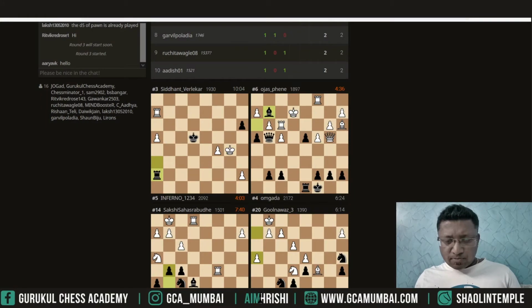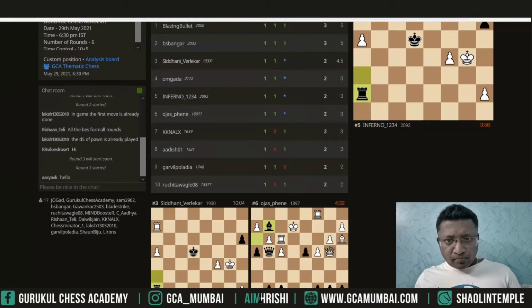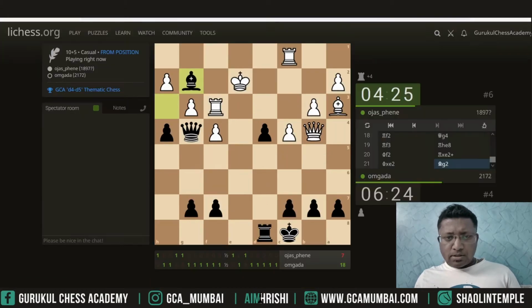So we have Ojas playing against Om. Okay, it looks like. Let's see. This looks interesting, right? Ojas and Om have played many times against each other, and right now the score is in Om's favor. Om has won 18 games, and Ojas has won only 7. But you never know. On his day, Ojas is very dangerous,